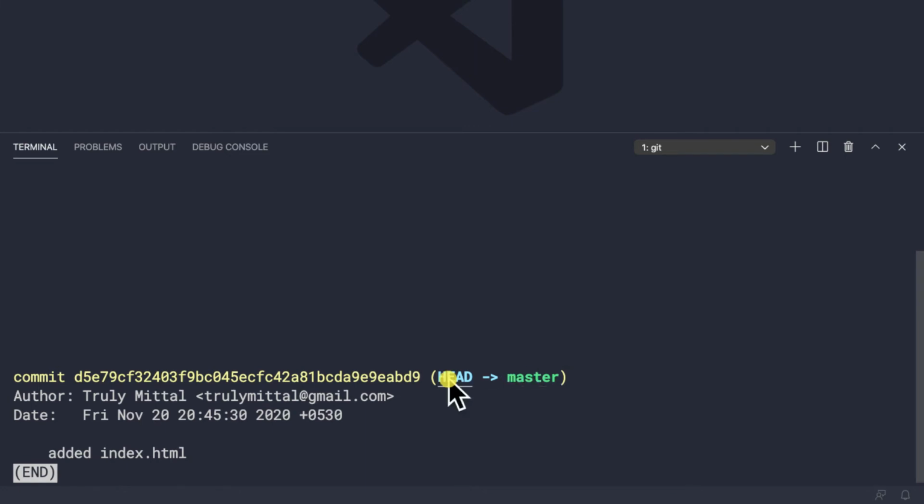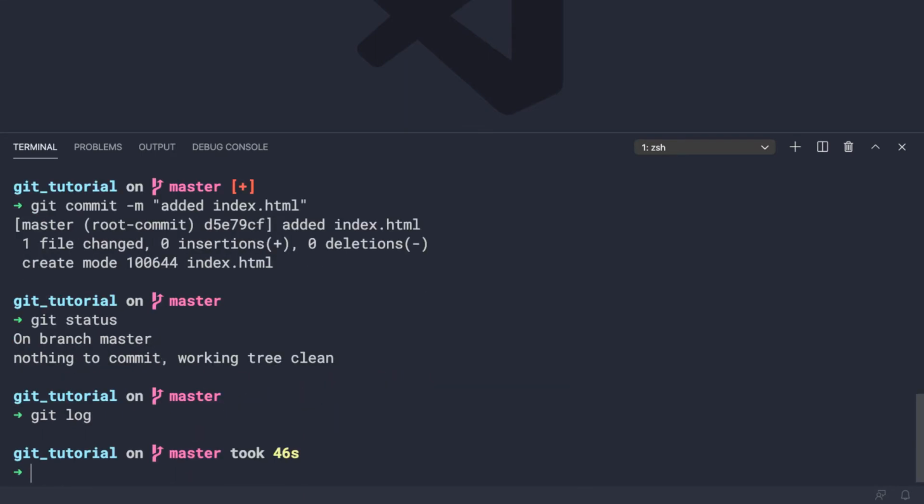Don't worry about this, we'll come back to it later. But for now, just look at the commit we have just made. The author is Truly Mittal because we have set the default global author for this application, and there is the date of the commit. Now how to exit from here? You can simply press Q on your keyboard like this. And now we are back inside our terminal.